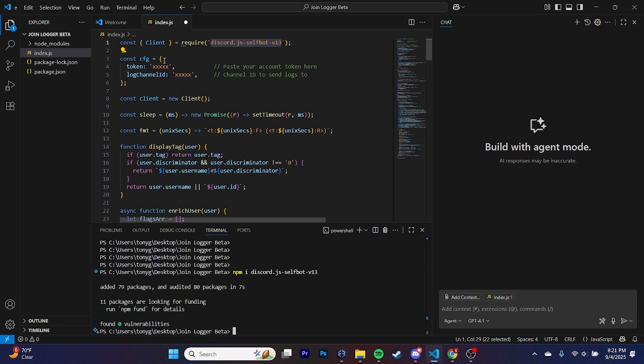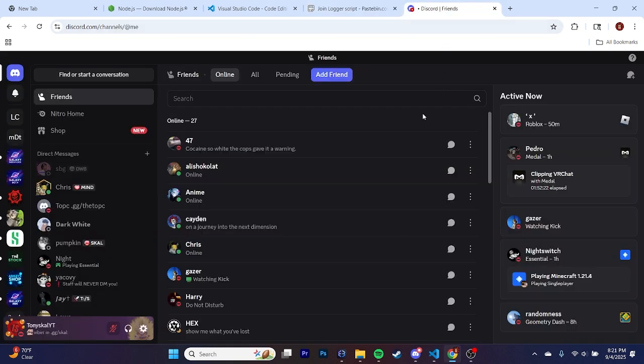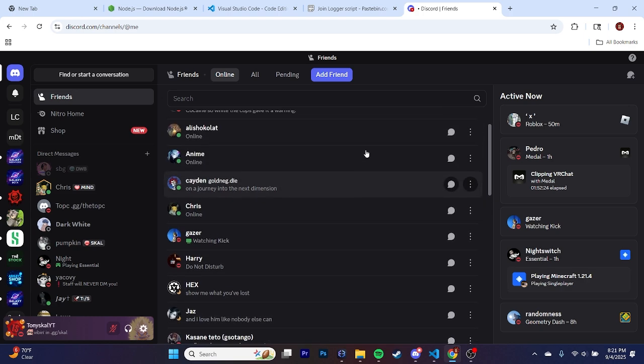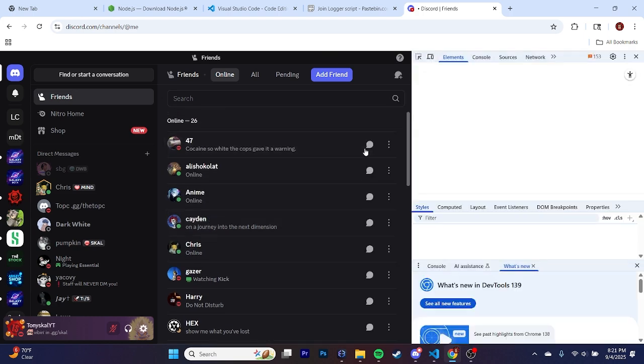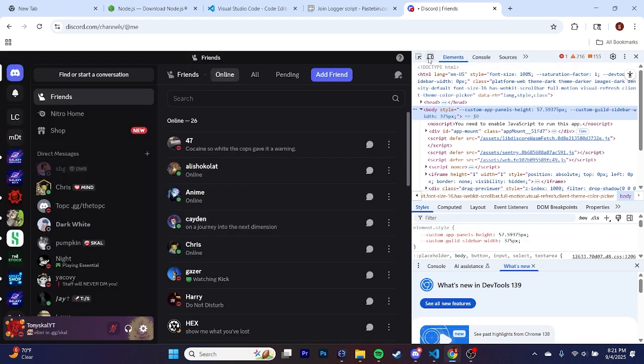So now we have to get our token. You can use any account token. It won't get flagged by using this bot, so you're safe to use it on your main account, and you're safe to use it on your alts. So how you get a Discord token is you go to your web browser, go to discord.com and log in. Once you're logged in and on your home page, press F12 and it should bring up this little elements panel. What we're going to do is click this little device toolbar, or we can press Ctrl+Shift+M,